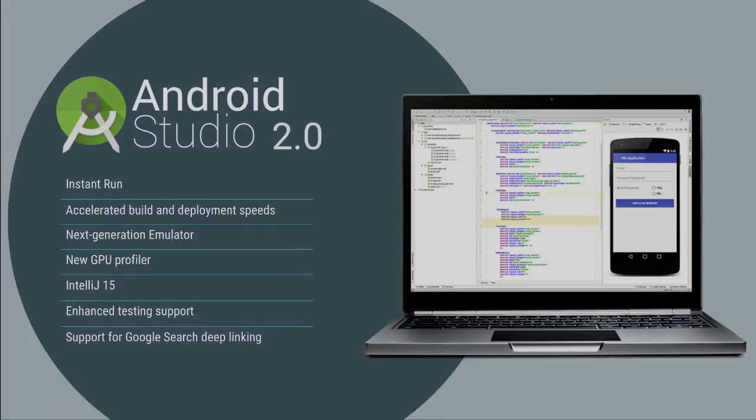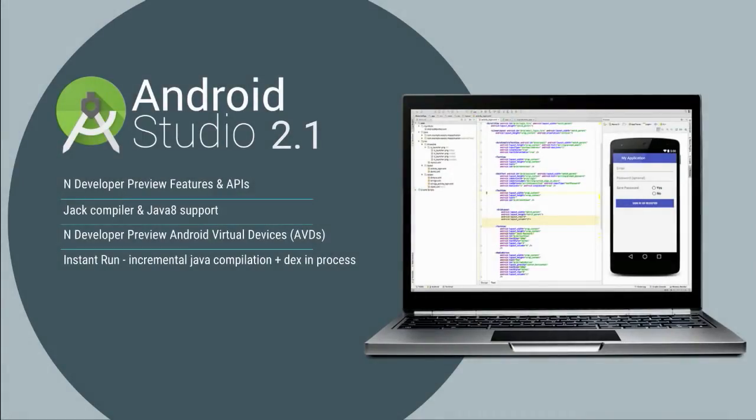That shortly followed 2.1, which we built side by side with N. And that brings you support for all N's features and APIs. It brings you emulators, so you can test N. The new Jack compiler, so you can try out Java 8 support. And in particular, in 2.1, we also accelerated Instant Run. And the way we did that was by moving our dex step to happen in process, which gave us wonderful speed advances. Now, all of this brings us now to 2.2,